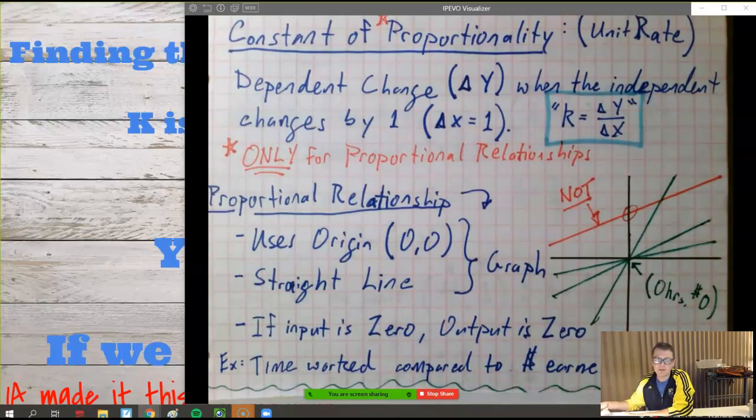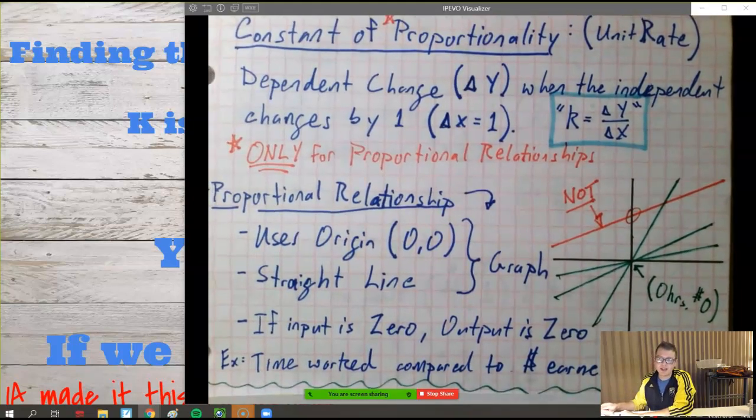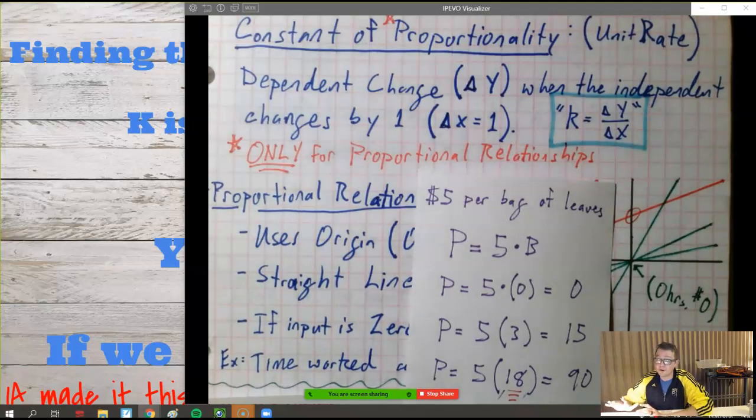So if you need to think about an example of this, let's say I hire Charlie to come rake my leaves, right? Charlie, do you rake leaves? Yes, or are you anti-leaves? If I need to. If you need to, would you rake leaves for money? If I paid you $5 a bag, do you think that's fair? Sure. Yes. Now, they've got to be full, right?